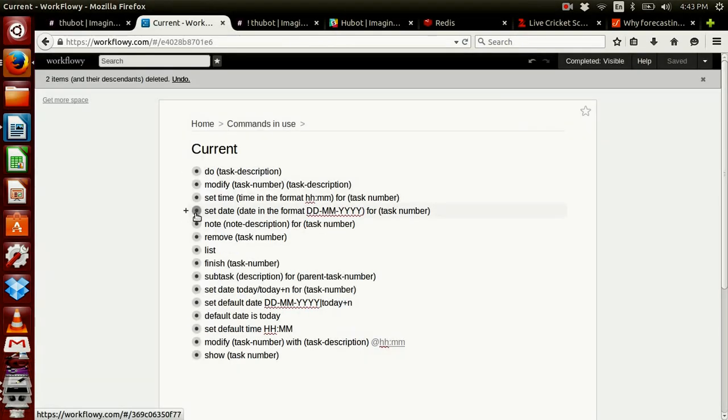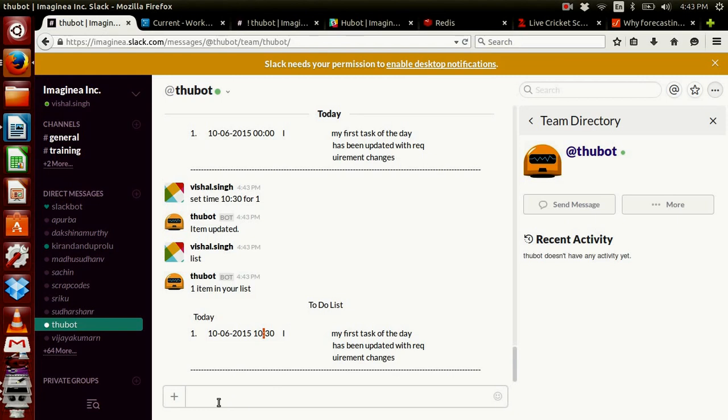The next command is set date. If you want to change the date of any task, default date is current day, then we have to use set date command. Syntax is set date followed by date in the format dd/mm/yy followed by for followed by task number. So task number 1 default date is 10th of June.